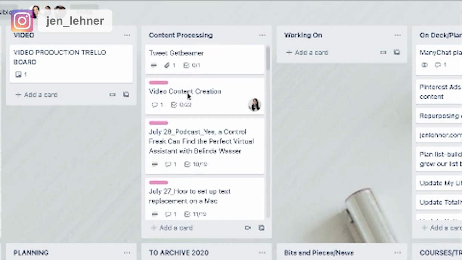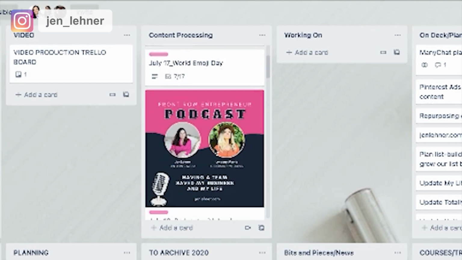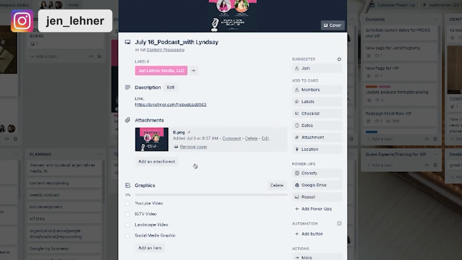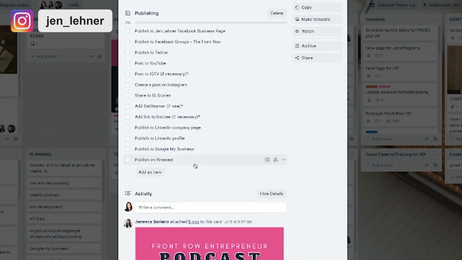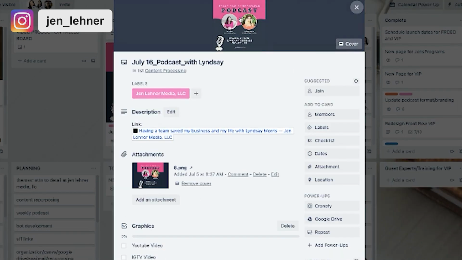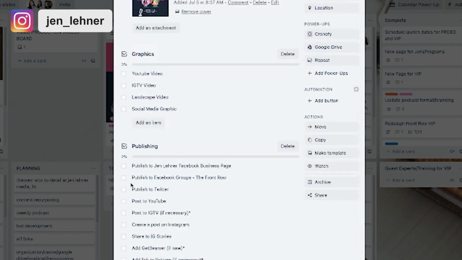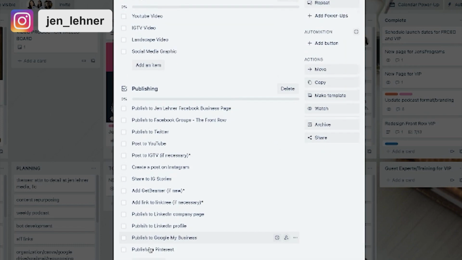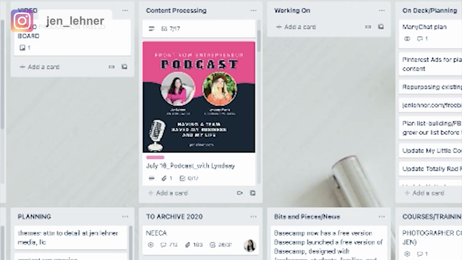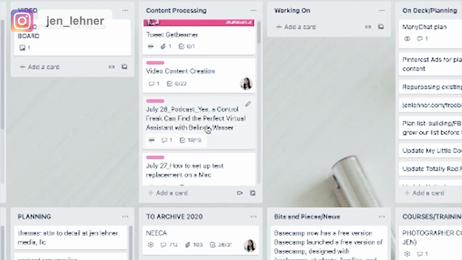And you'll notice that each card has a date. There's July 28th, July 27th. And each of these cards has the information of what this post is going to be and where it goes. Okay. So we've got a list that this is the content that's going to go out. And then these are the graphics that we need. These are all the places where it needs to get published, and any copy that needs to go with it, like my thoughts about it or any links that need to go with it, are going to be listed here